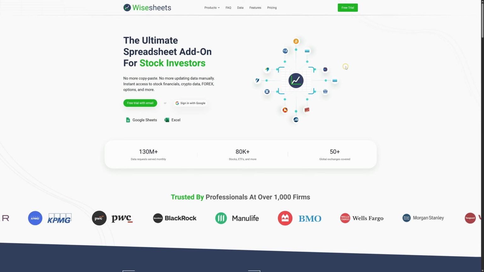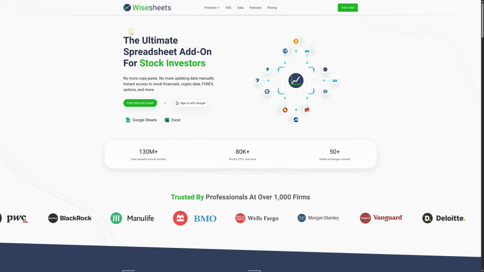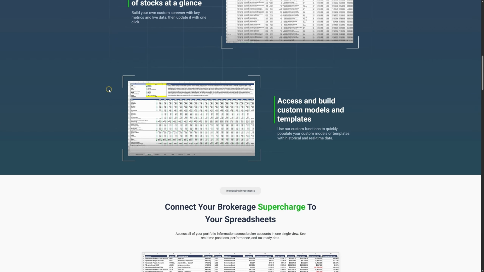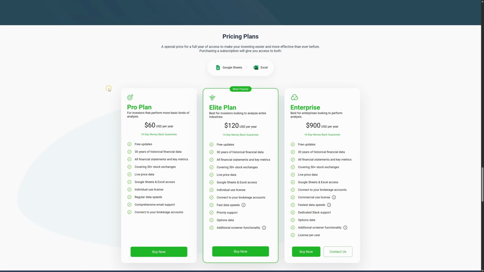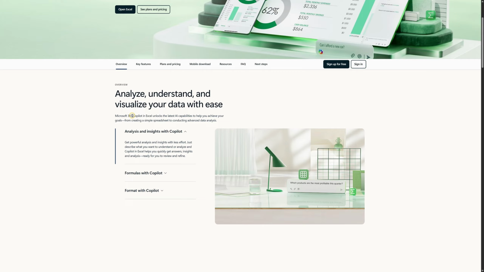Before we even access the spreadsheet template, you need two things. The first is an account with Wisesheets, which is going to be where all of our data comes from. And if you scroll down to the pricing, you'll see that the pricing, in my opinion, is a no-brainer for what the product has to offer. So you can get started with even just $60 per year. The other thing you'll need is access to Microsoft 365 Excel. I recommend using the most up-to-date version of Microsoft Excel from the 365 subscription because that is what the spreadsheet